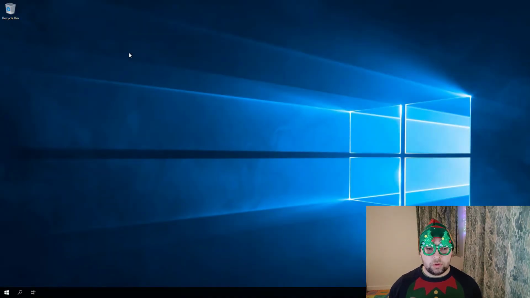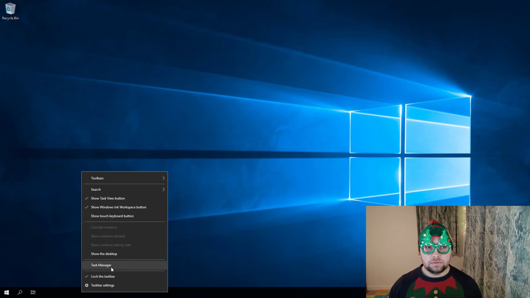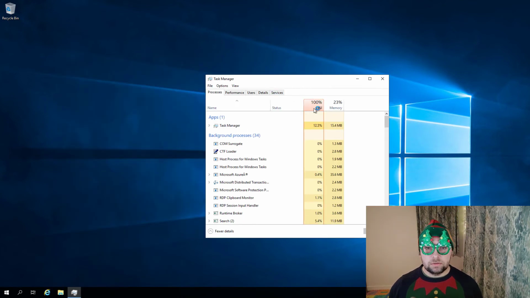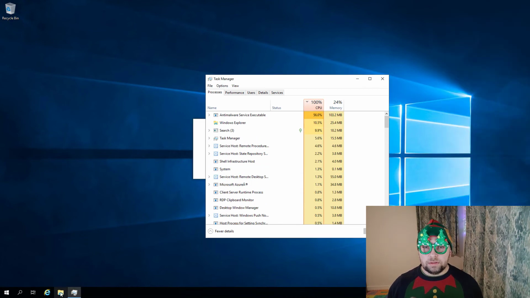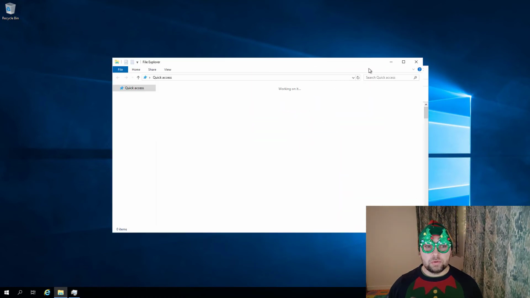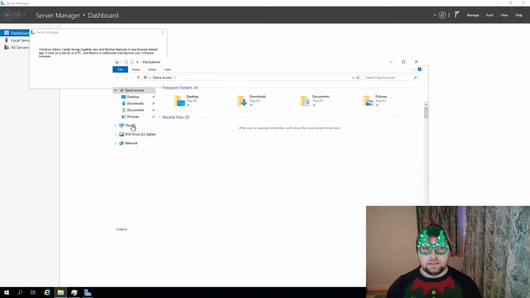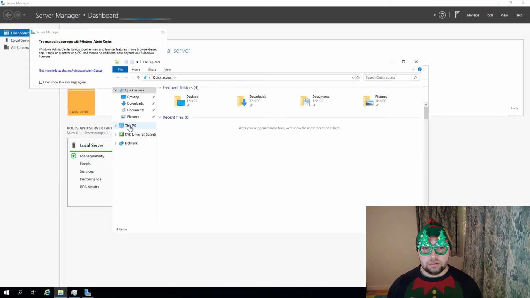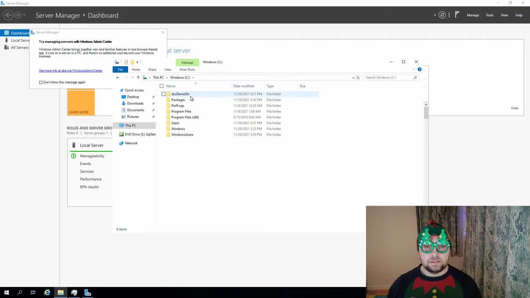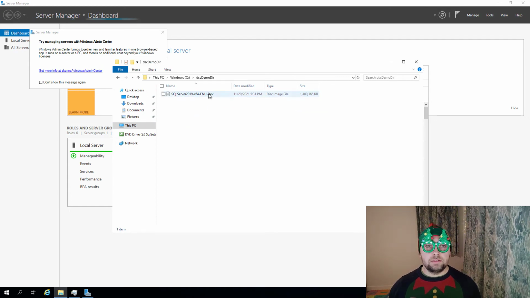And now what I'm going to open is Task Manager. We can see it's working hard. I want to open the folder. I was too late. The file is already mounted. The ISO is already mounted, and the file is downloaded. It was much quicker than it used to be. Anyway,